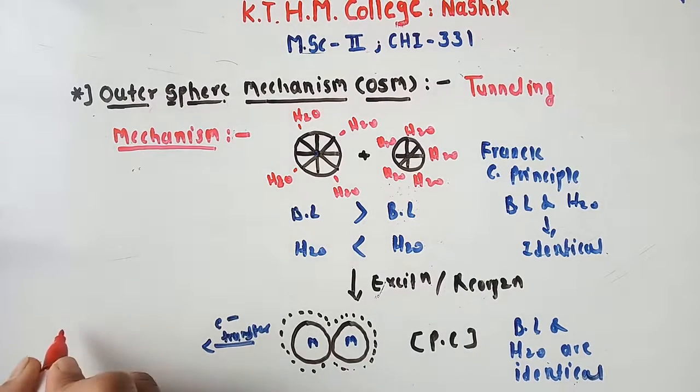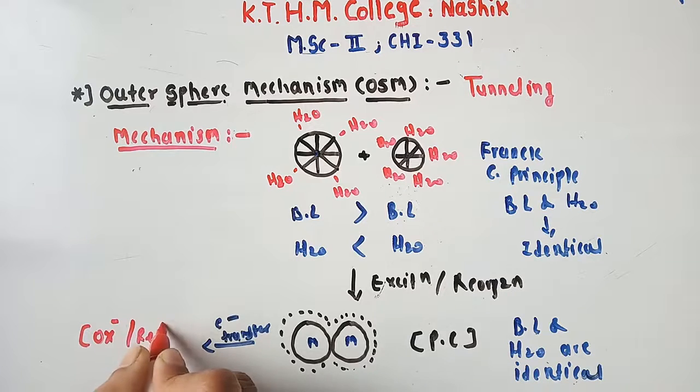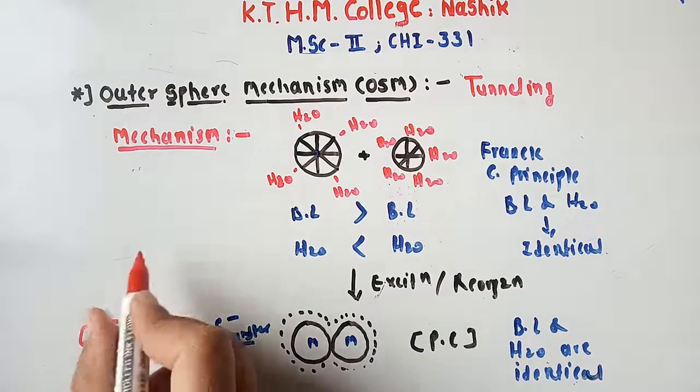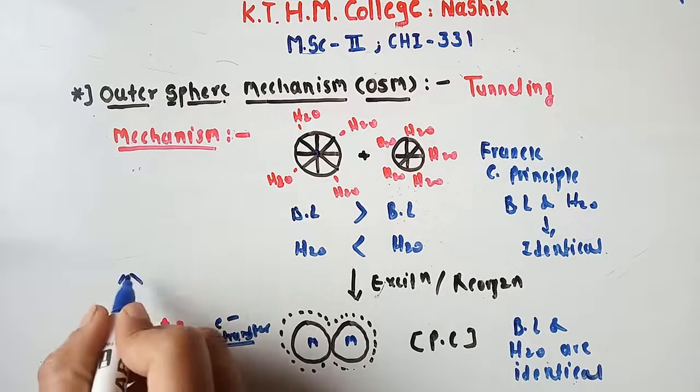Okay students, so it looks like the oxidant carries a negative charge while the reductant carries a positive charge. Why is this so? Because there is a transfer of electron from the reductant to the oxidant. So obviously the reductant carries a positive charge while the oxidant carries a negative charge. And then the final step is the dissociation of this successor complex.